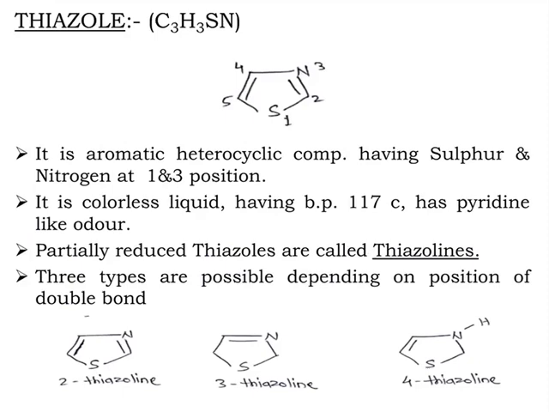In case of 2-thiazoline, the number 2 indicates position of a single double bond in a ring. All remaining atoms of the ring are totally saturated. In case of 3-thiazoline, the double bond is present between third and fourth atom of the ring. All other atoms of the ring are saturated. Same is the case with 4-thiazoline. The single double bond is present between fourth and fifth atom of the ring. All other atoms are completely saturated.